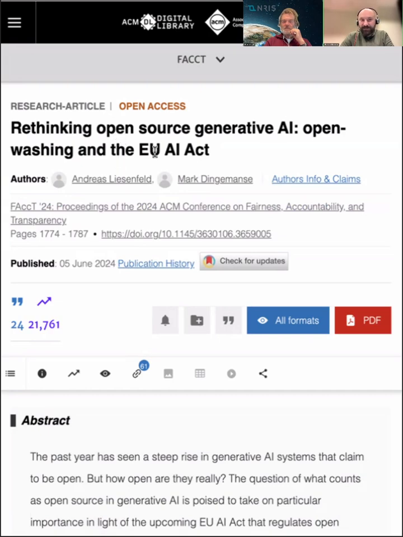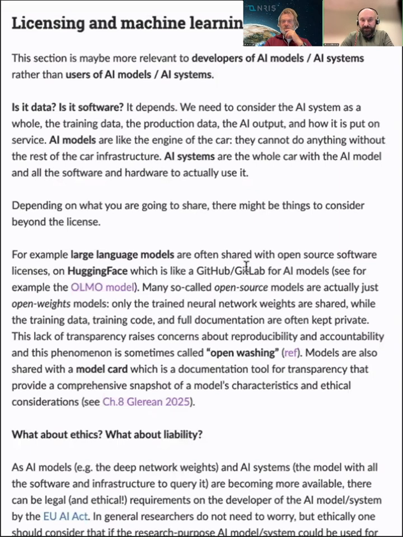Maybe this regulation that we now have in Europe to regulate AI models and AI systems is using open source, even in the text of the regulation, in a way that is not what we've been discussing today and in the previous episodes of the CodeRefinery workshop.